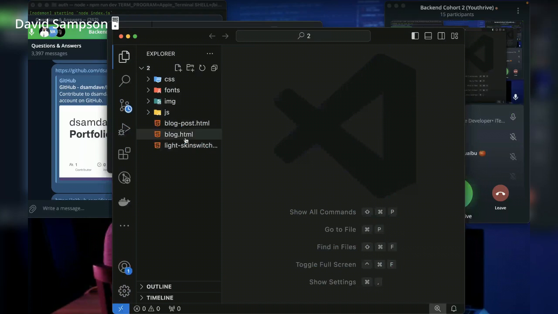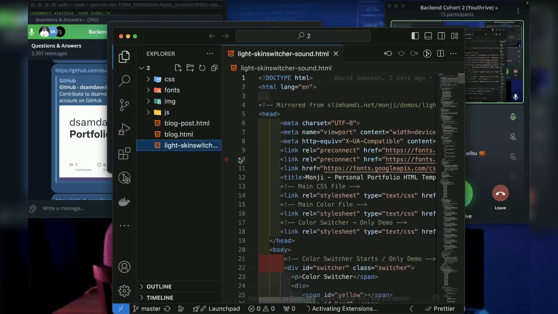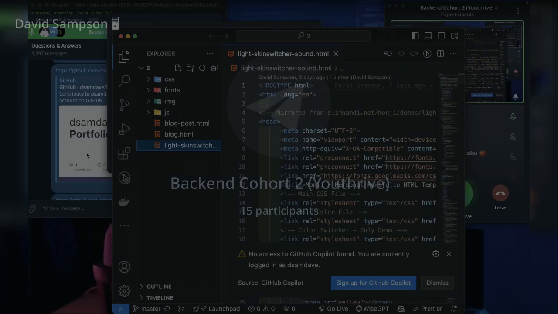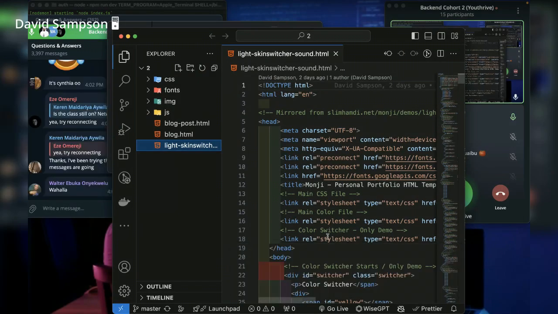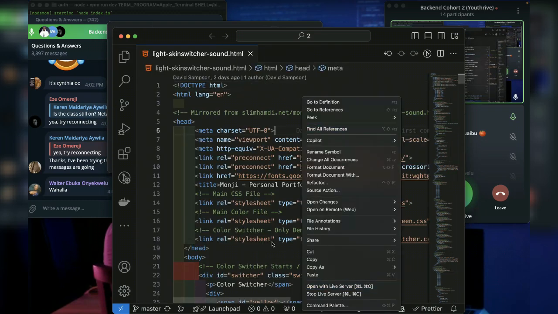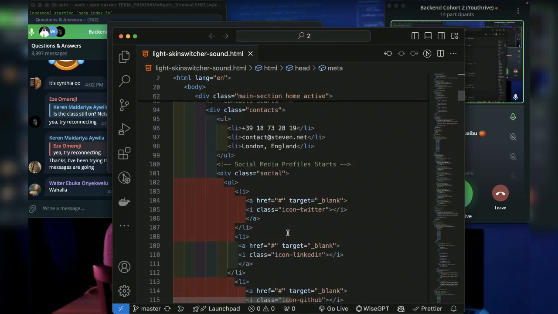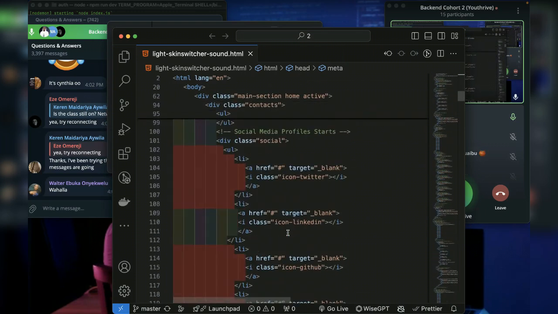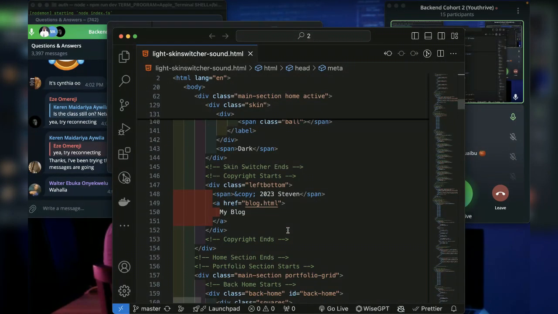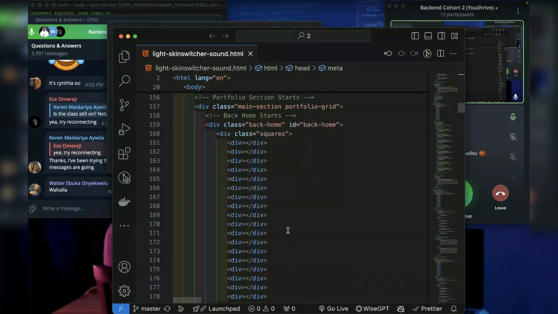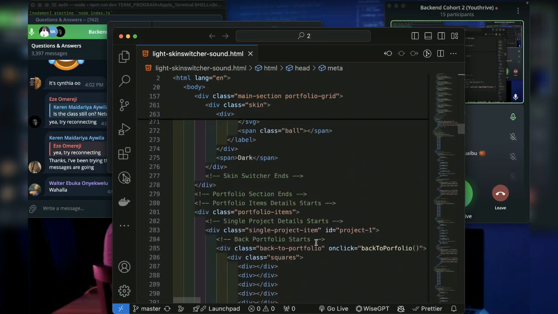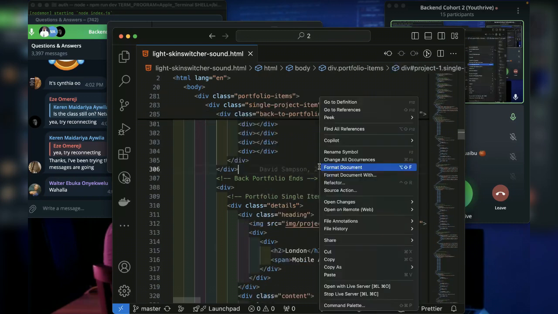Number 2 also has dark and light mode, but together in one file. So it means you're going to be using one file, but it's going to be switchable. It's the same HTML. There is nothing special, and you're not writing new HTML, CSS or JavaScript except you want to. You just look for the information you want to change, where it is, and change it. That is all. So if I open this with live server here,